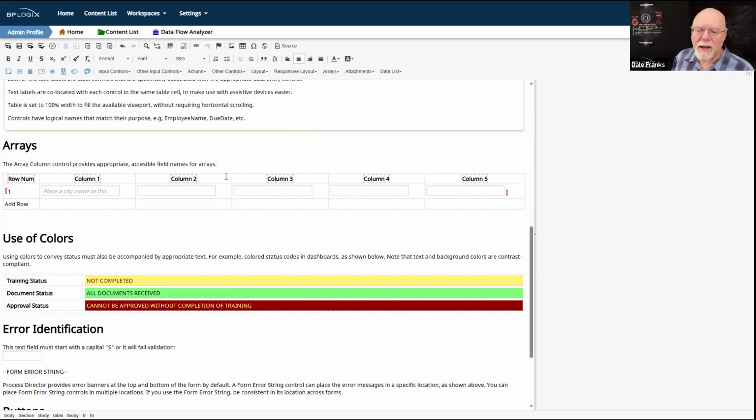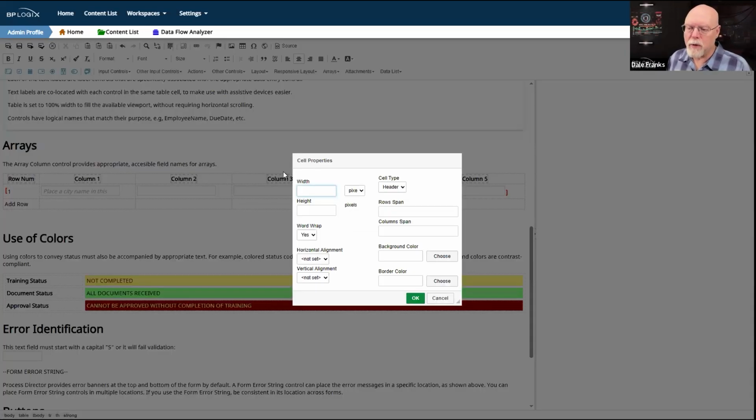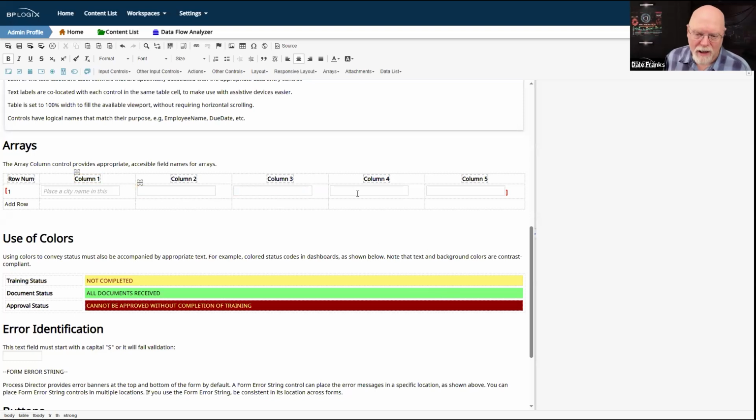And we'll do the same thing down here on this table where I do have an array, and in this case, it's a data entry array where I would actually fill out data. And that's fine if I just go to my cell properties for that first row. That is a header row. And in most cases, when you're using an array, whether it's a report or a data entry, this is what it's going to look like.